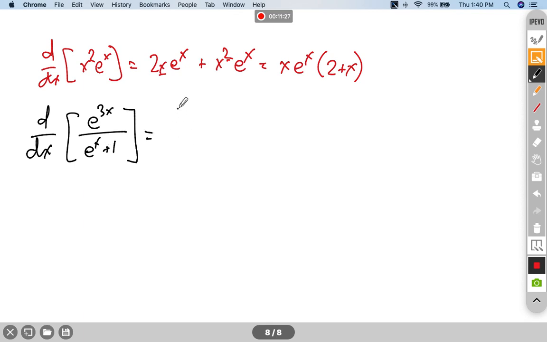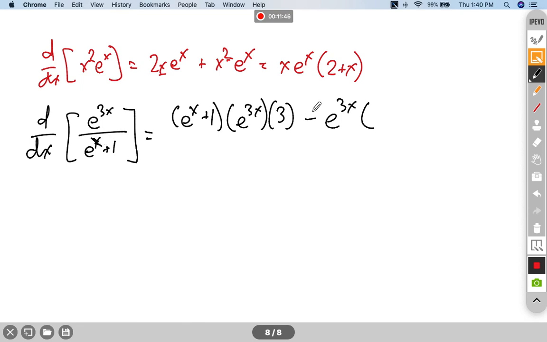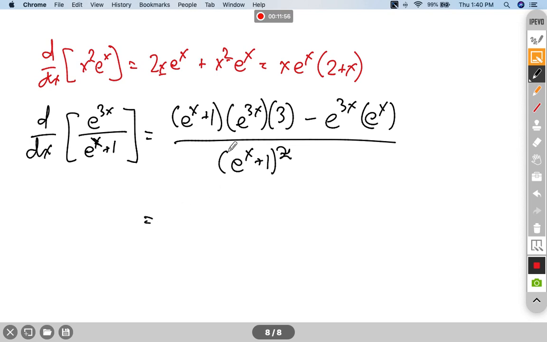So we'll take the denominator times the derivative of the numerator, which is going to be e to the 3x times the derivative of 3x. We subtract the numerator times the derivative of the denominator, so that's just going to be e to the x, divided by e to the x plus 1 squared. And then say, okay,